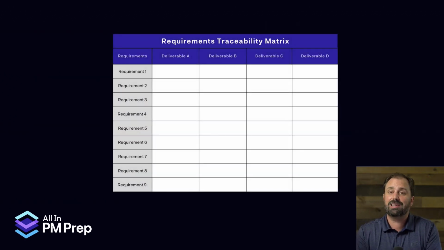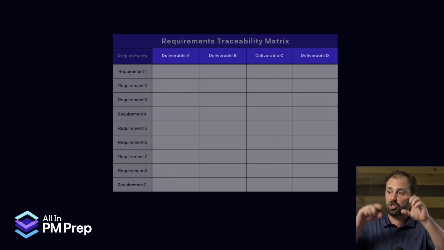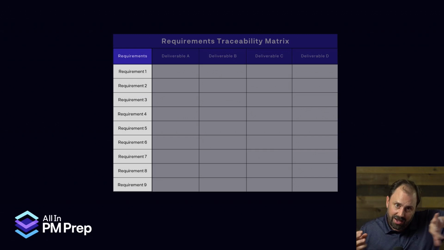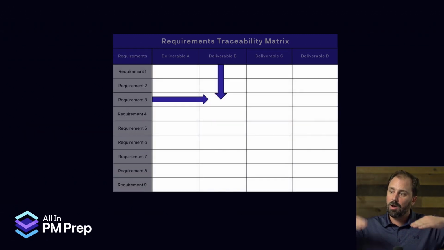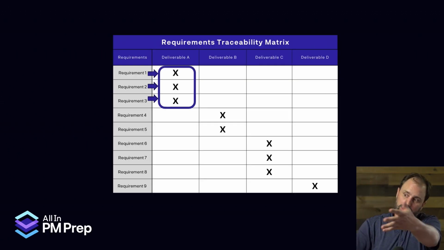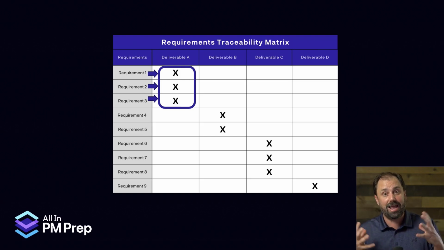might look something kind of like this. As we look at the requirements traceability matrix, look up at the top. It's got the deliverable A, B, C, D, whatever they are, right? The bigger deliverables. And on the left side, it's got requirements 1 through 9, right? And so what we might do is we might say, which requirements are satisfied inside of each deliverable? And so as we see, 1, 2, and 3 requirements are underneath deliverable A, chunk A, assembly A, whatever